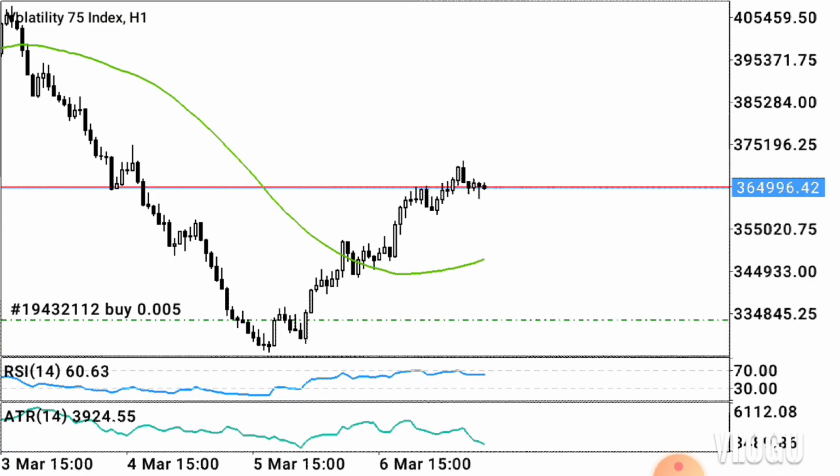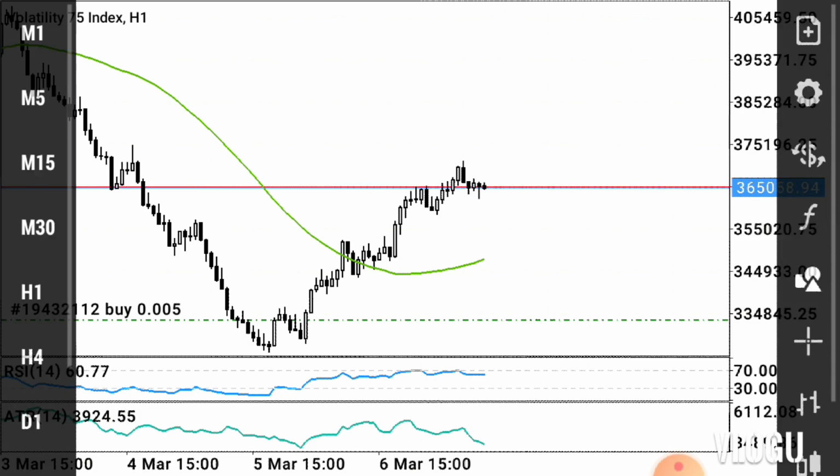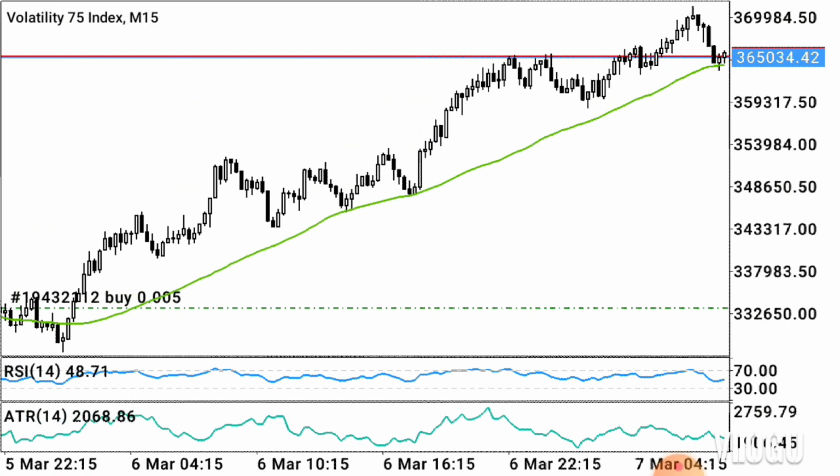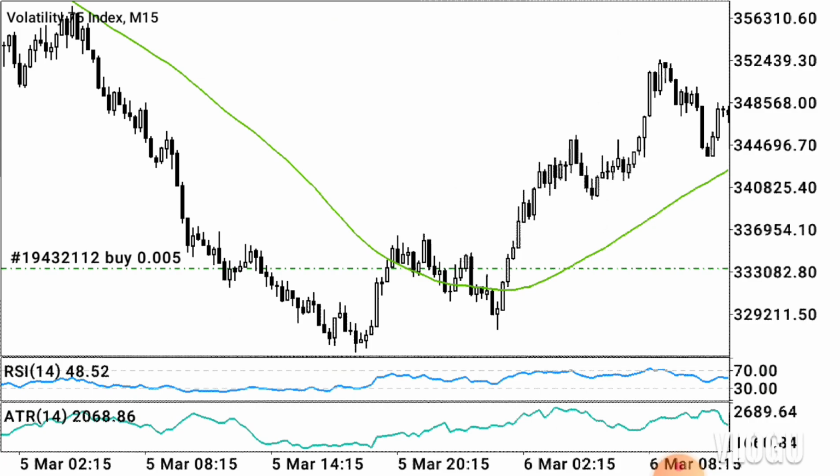You have to have your entry in place. Then I went to the 1-hour chart. On the 1-hour chart, I noticed that the market is forming a double bottom, but this didn't give me enough confidence and didn't give me enough reason to enter the market. I waited, and then I went to a smaller time frame, which was 15 minutes. Looking at it, 15 minutes gave me that